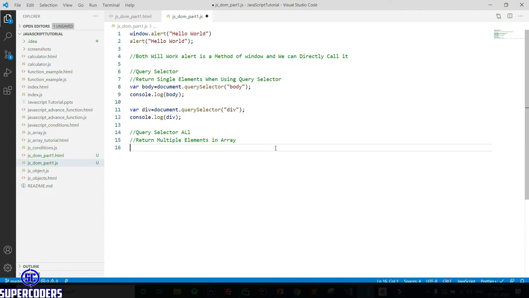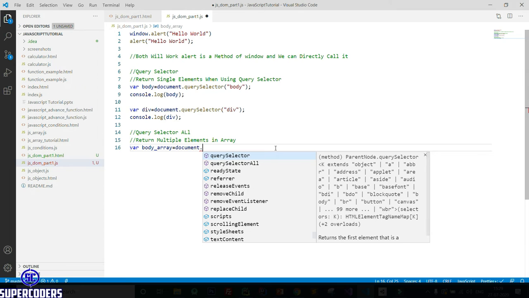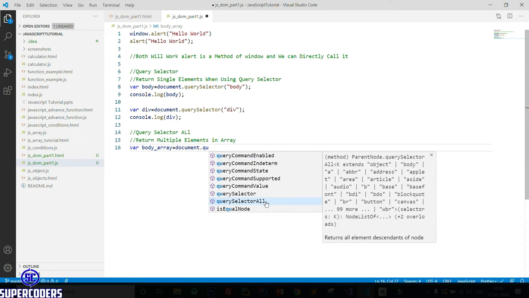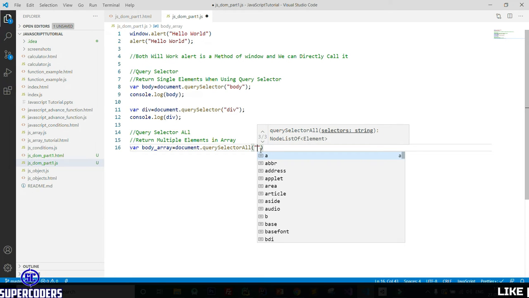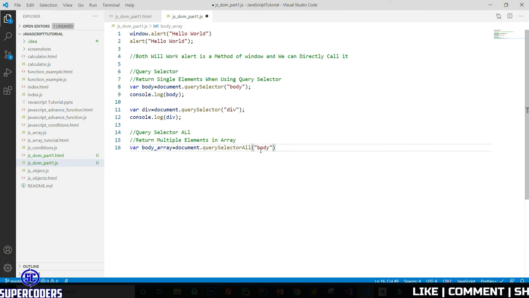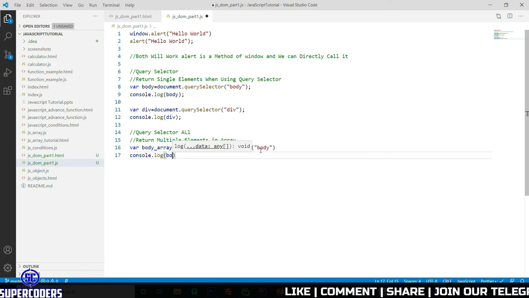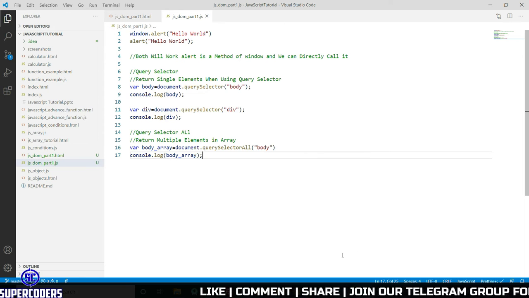Let's see, first select body: body array equal to document.querySelectorAll, then pass the tag, which is body, then print the value, console.log body array. Now let's run this file again.